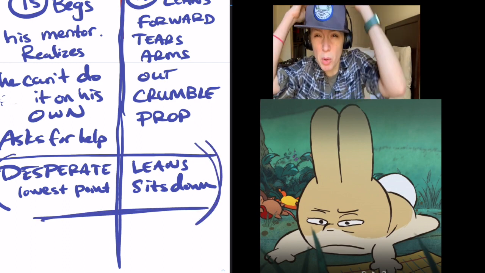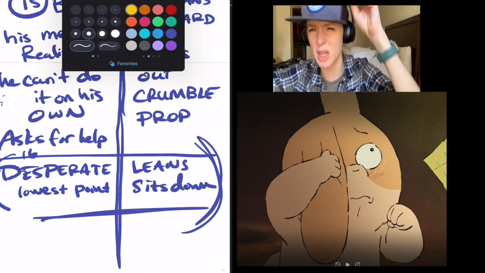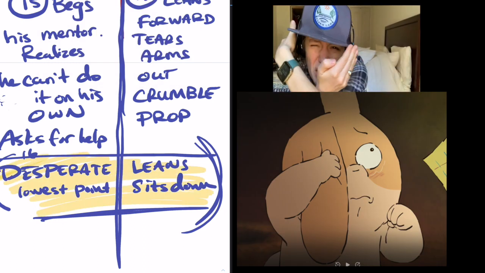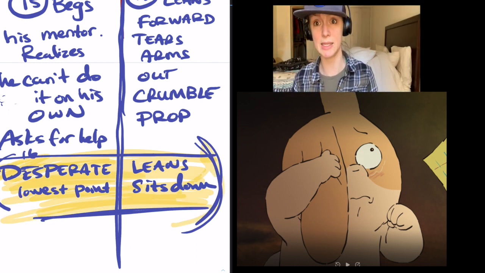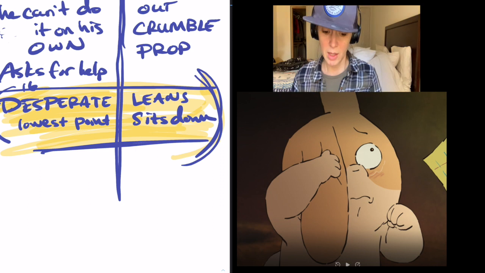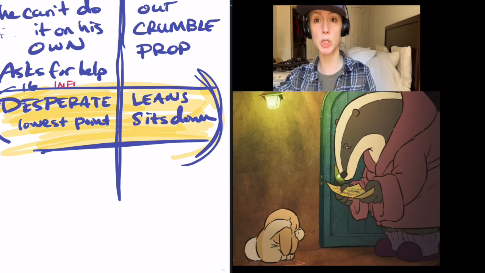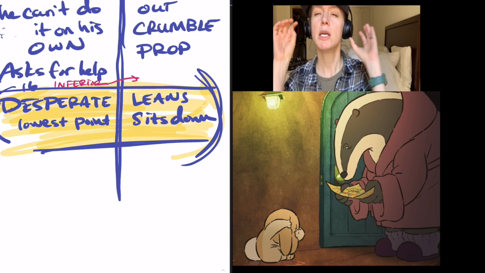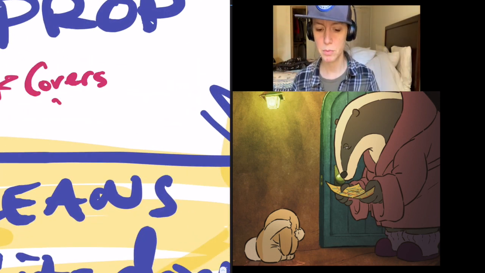And so you could even write down in your blocking when your character's very inferior and low, when the world's pushing them down, and maybe you just want to cover your face and cry because you're not feeling confident. You don't have a strong status, okay? Because he's asking him for help. Notice how he's lower here. He is lower and the Mr. Skunk mentor man is higher. This shows a power dynamic. So blocking is essential for power dynamics.